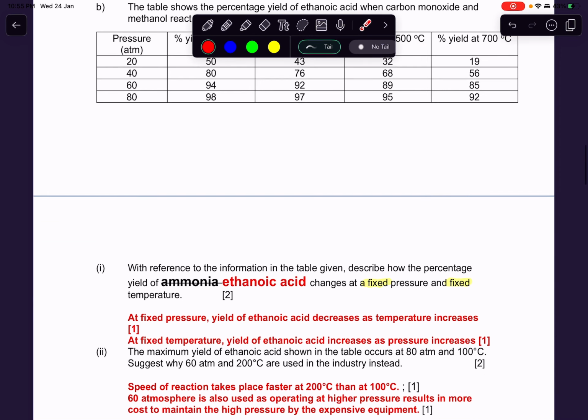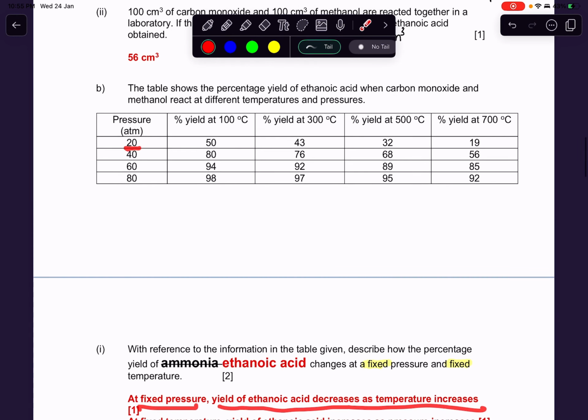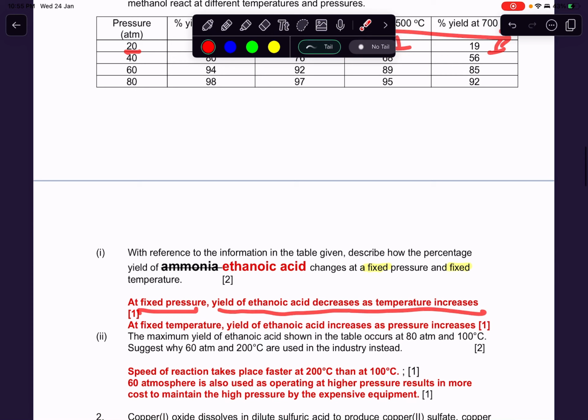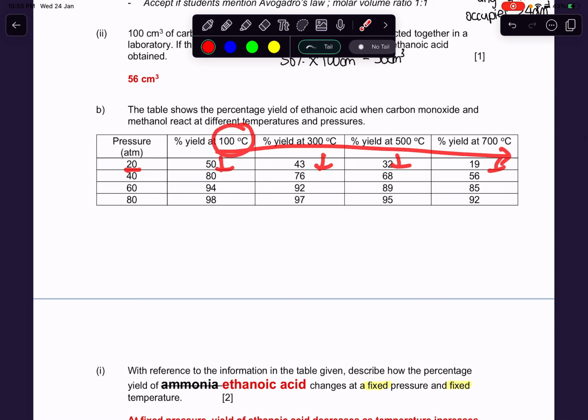So the first trend is at fixed pressure, yield will decrease as temperature increases. So look at the pressure. As temperature increases, yield will decrease. Next, at fixed temperature, yield of ethanoic acid increases as pressure increases. So I look at the fixed temperature. As the pressure increases, my yield starts to increase down the